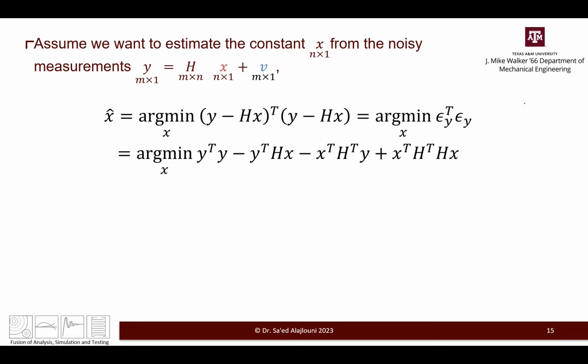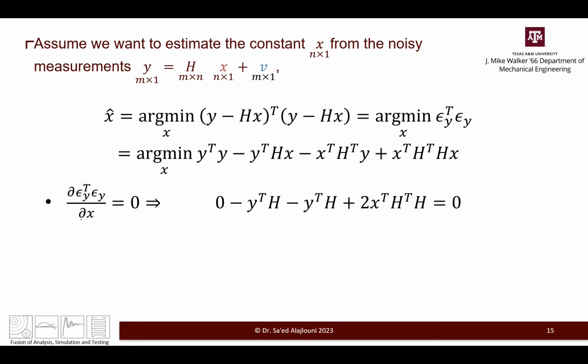We have our estimate. So this is our objective function. We expand it. Now we take the derivative with respect to X, and we set it to 0. This is the derivative. Notice here, remember A times X, and when we differentiate with respect to X, we get A. This is the same. Now, if you differentiate this term, the quadratic form,